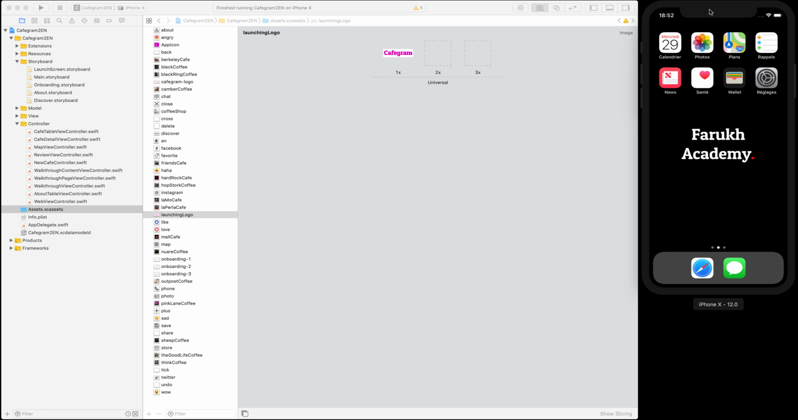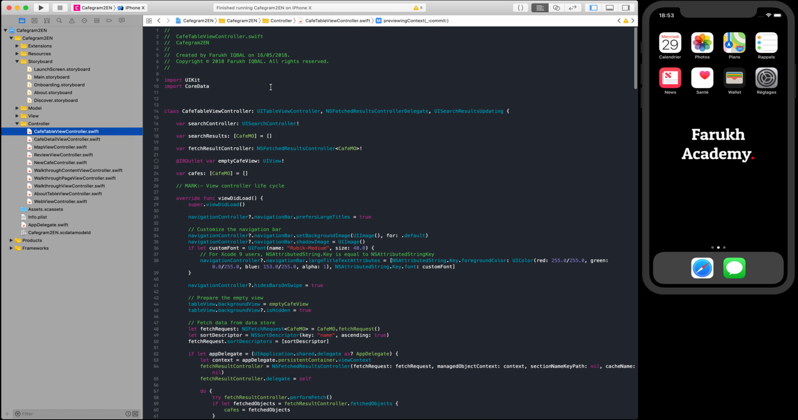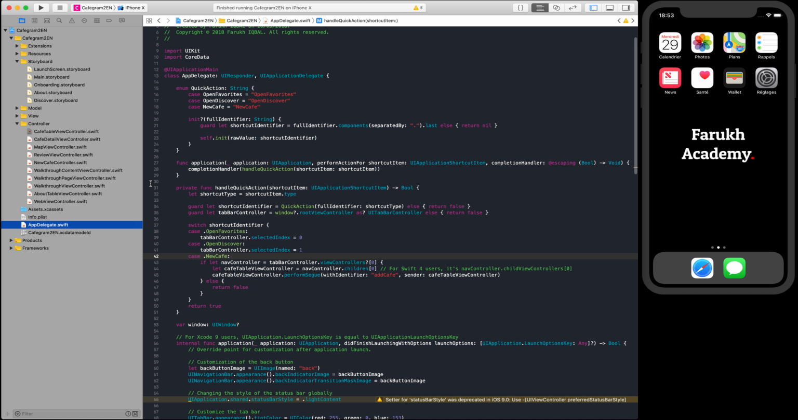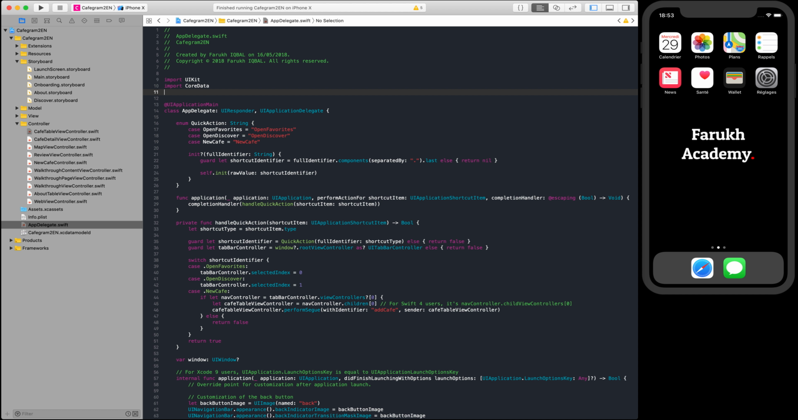Later we will implement user notifications in both AppDelegate.swift and CafeTableViewController.swift. So first of all, insert the following line of code in both files. Here, for instance, in CafeTableViewController, you're going to write import UserNotifications. Then you do the same thing in the AppDelegate file: import